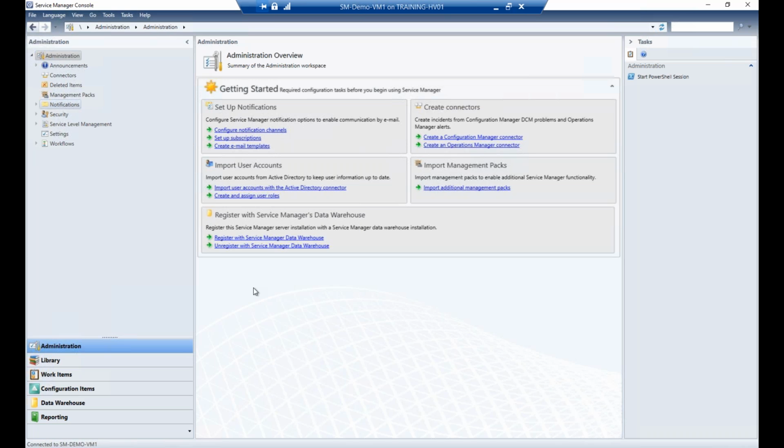And I know people get kind of panicked when in support, we tell them to upgrade one of our apps, whether it's asset management or notify analysts, any of the console apps. They kind of get panicked, like it's a big, scary process, and it's really not. It's just copying a couple of files, importing a couple of management packs, and it's really not that big of